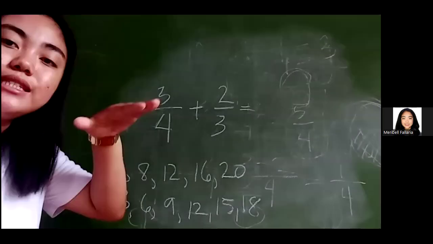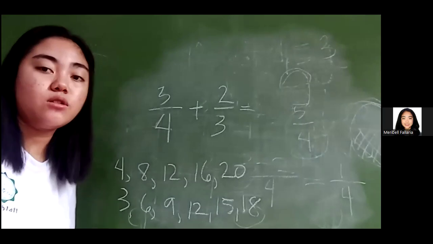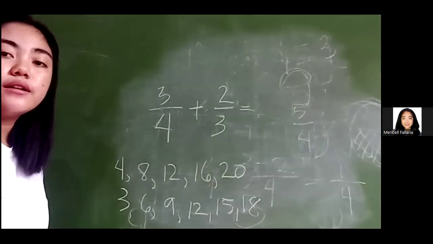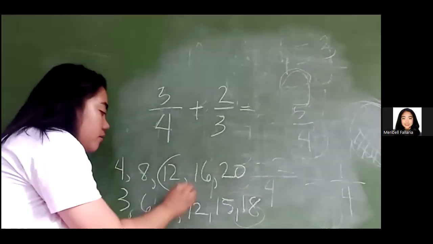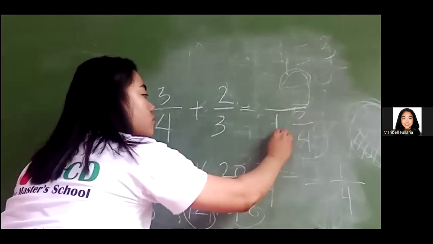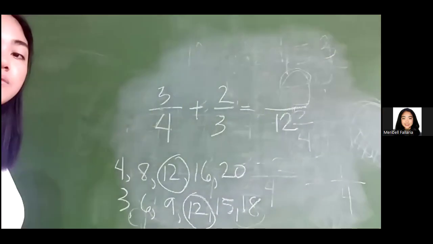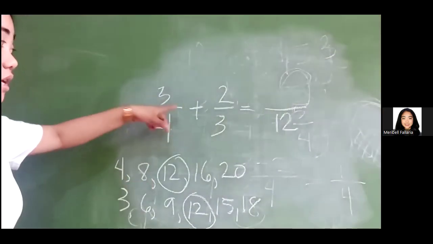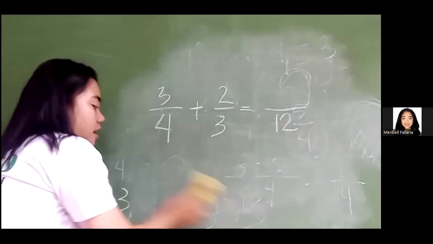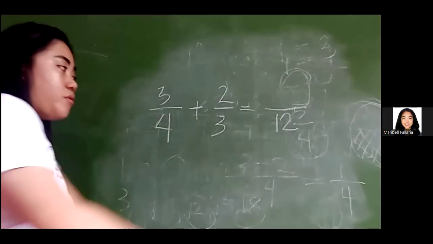Yes, you can see we're going to get the least common. When we say least, yung mababa. And then common, when we say common, is yung parehas. Okay, what do you think is the same in these numbers here? If your answer is 12, you are correct. You can use the number 12. Okay, always find the LCM first before continuing the operation.